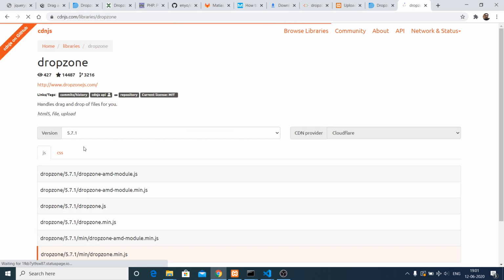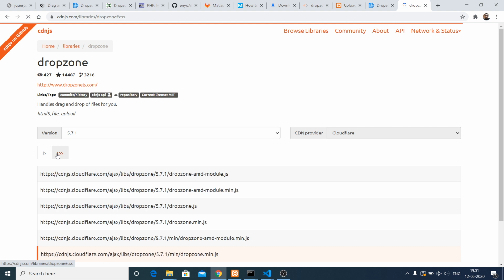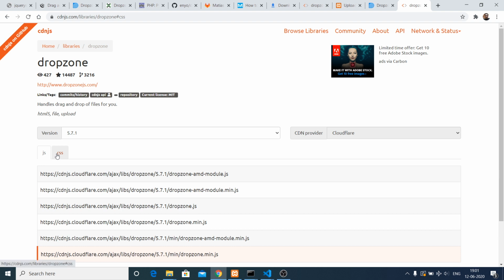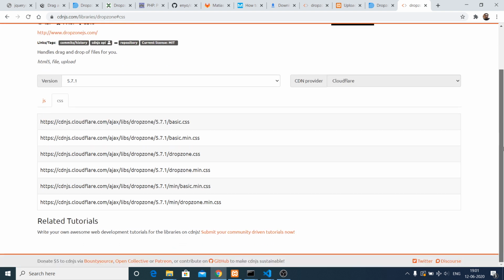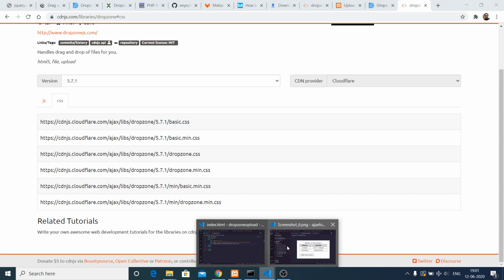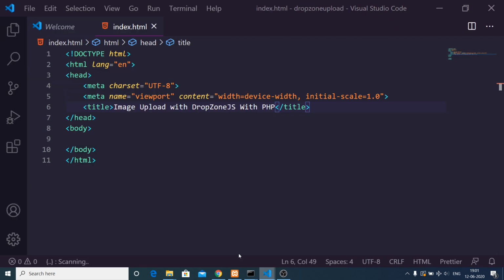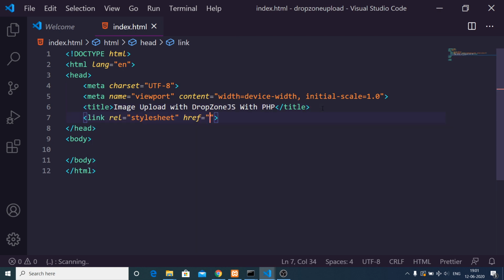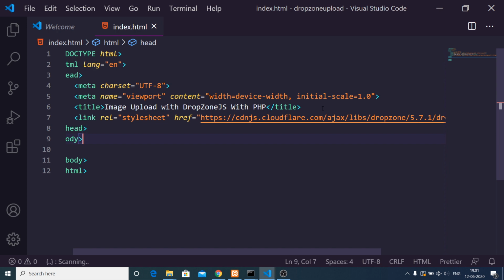My internet is slow, so that is why it is taking some time. So here you need to select the CSS part. This is the CSS part of the library. You can select any of these, but I will select this dropzone.min.css, this fourth one. So just copy it and right here inside your project, just after the title you need to include this. So link and then include the library.